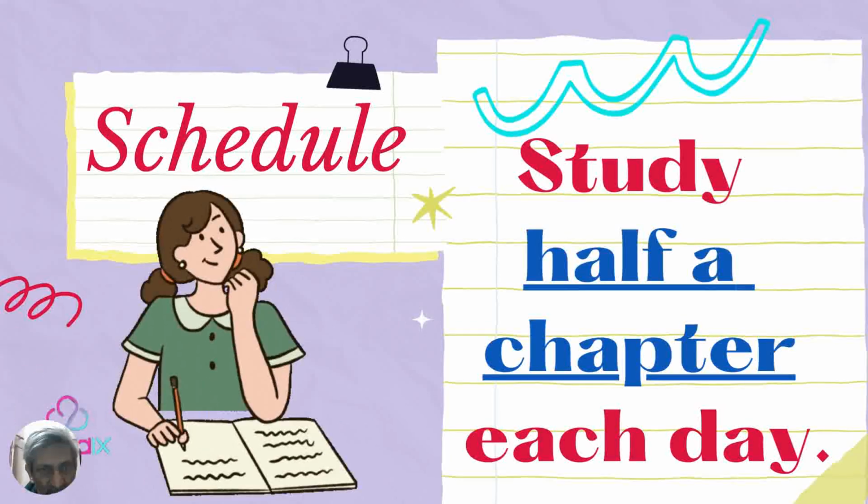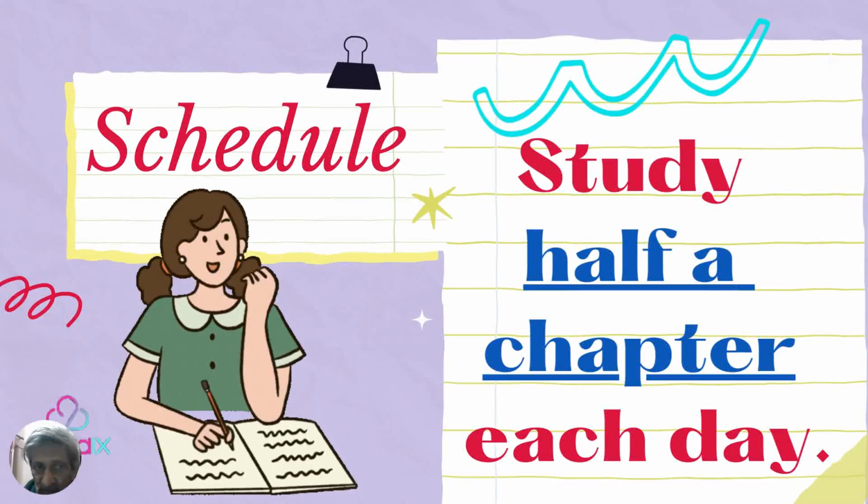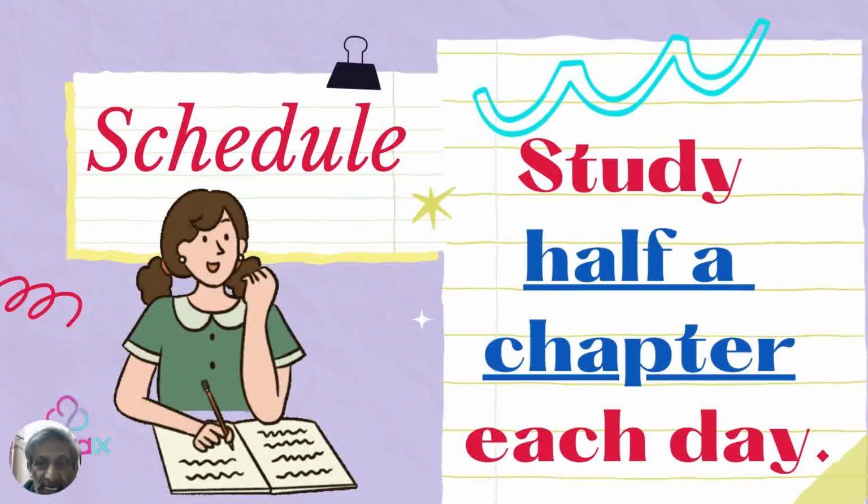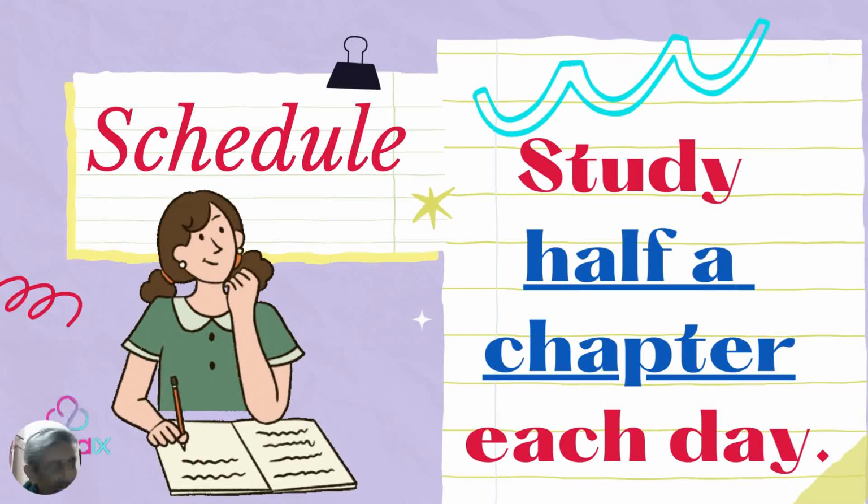And what do I do in this 1 hour? I ensure that I study half a chapter each day. If you can do more, well and good. Now, you don't study it for the sake of reading. Study means go through every line. Underline, and as you read or study, underline all the difficult words that you don't understand. The normal words which you have been studying right from the 5th or 6th class, don't underline those words.